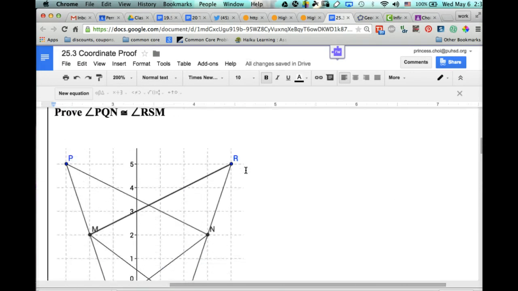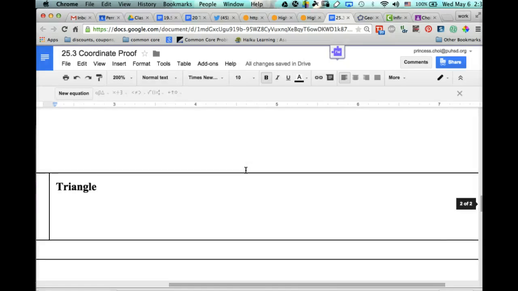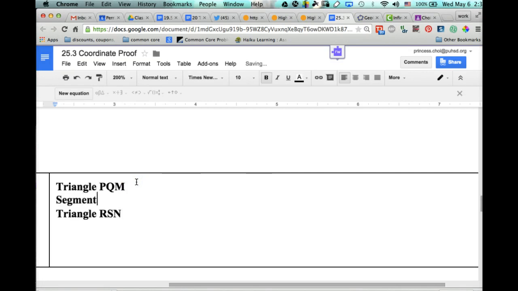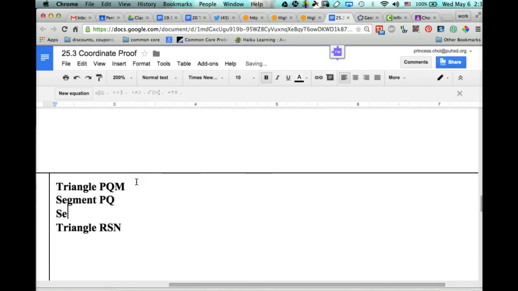The first triangle PQM. And then the next triangle is going to be RSN, right? And then within triangle PQM, we have segment PQ, and then we gotta find segment PM, then we gotta find segment